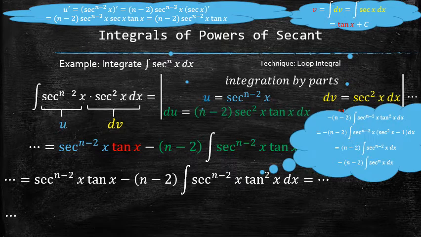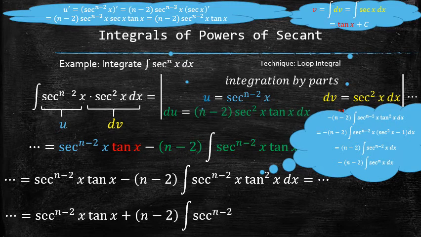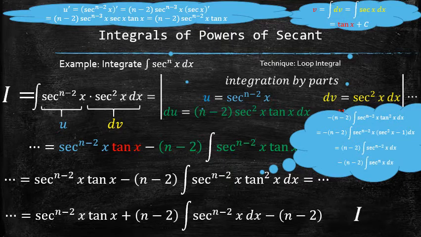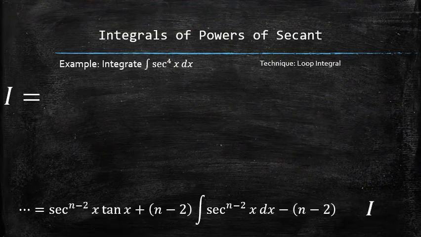To find the new integral, we use the Pythagorean identity to rewrite the square of tangent, and then use the linearity of the integrals to split the integral into one simple one and one that is the original integral, which creates a loop. We introduce I to replace the original integral everywhere it appears. After removing all the intermediate results, we now have the following equation in terms of I.